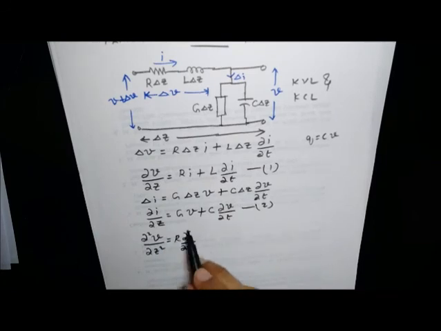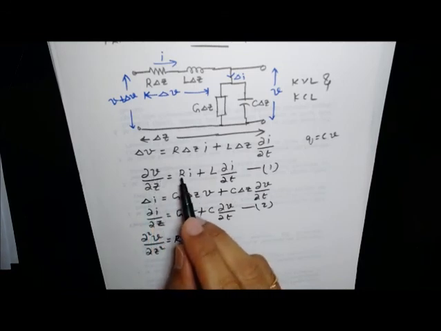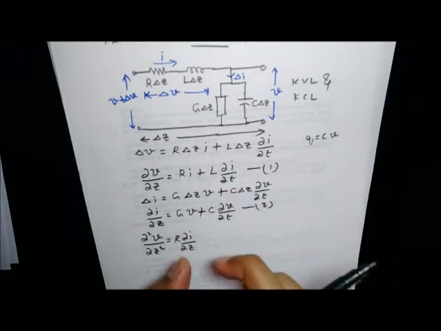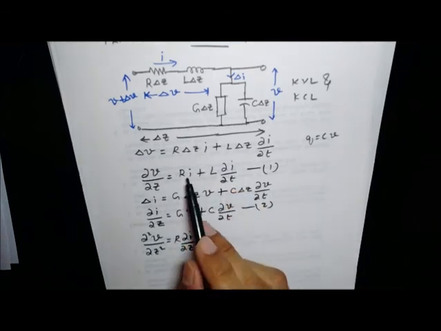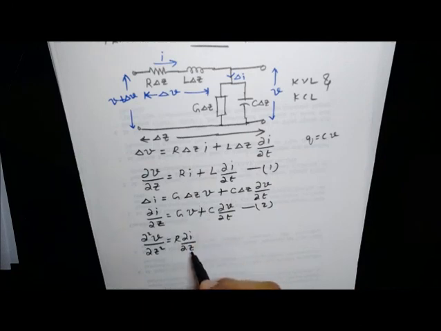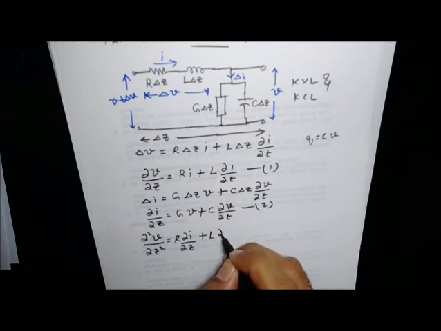So you can see I get ∂²V/∂z² = R ∂I/∂z. R is not changing with respect to z because it's assumed to be constant for that tiny section. So I can see ∂I/∂z here, and I see hopes of replacing it with this, but before that I have to complete this task. Continuing with differentiation with respect to z, ∂²I/∂z∂t.